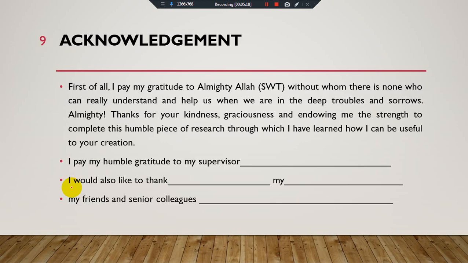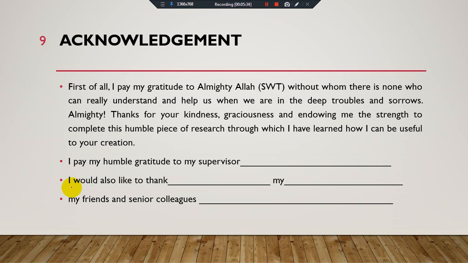Normally we start the acknowledgement like, I pay my gratitude to Almighty Allah, without whom there is none who can really understand and help us when we are in deep trouble and sorrow.